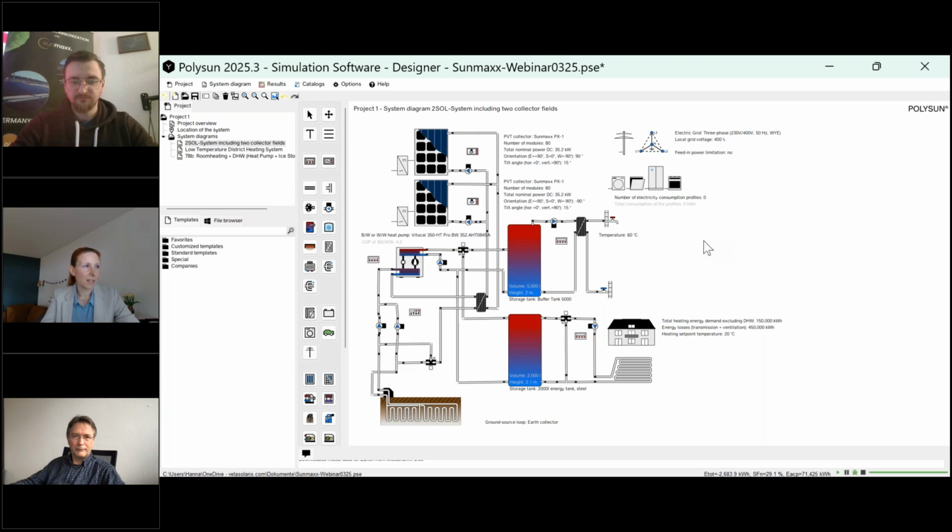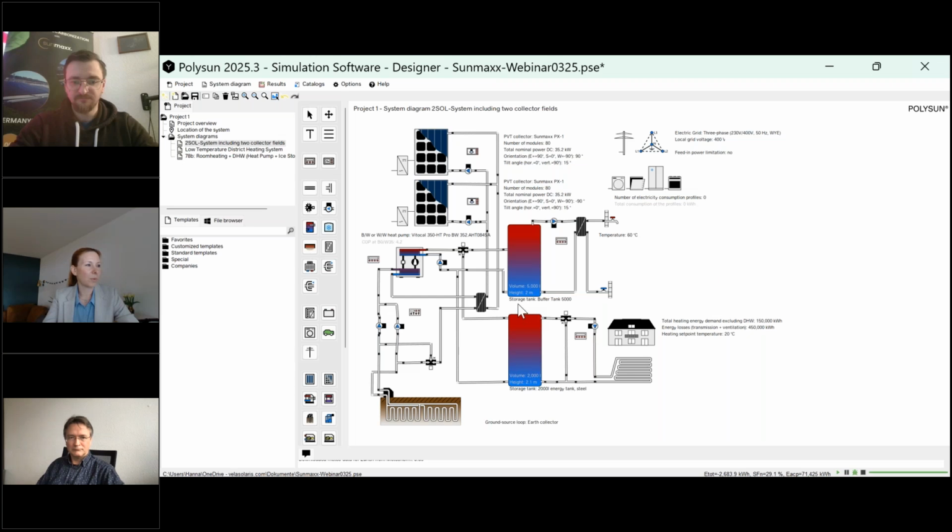And the nice thing about it is that this work has been done for us, and all the Polysun users that download the software can use this template and don't have to worry about control. So all you need to do is parameterize the system. It's also included in the free test version that you can download on our homepage. Yeah, as you can see, it also links to what Mr. Köhler mentioned before.